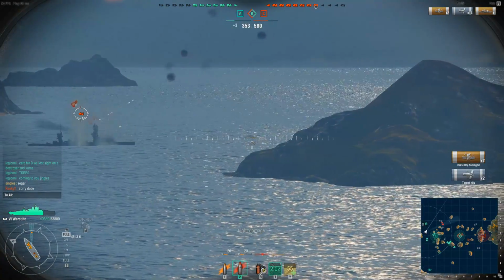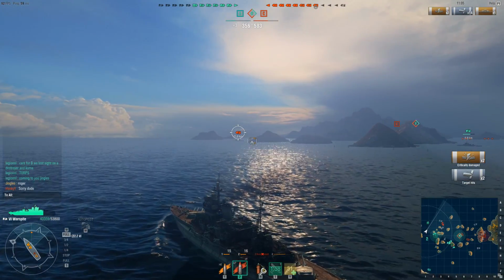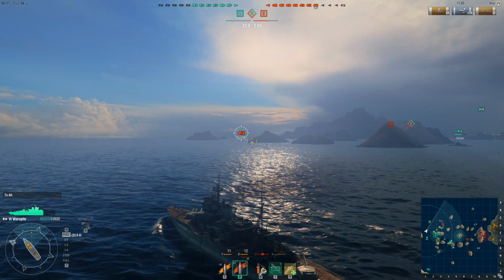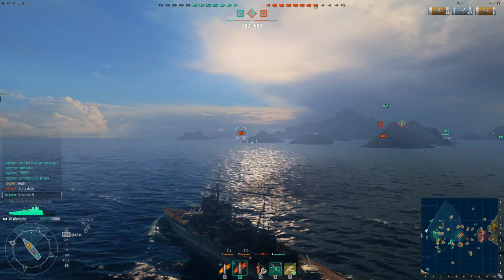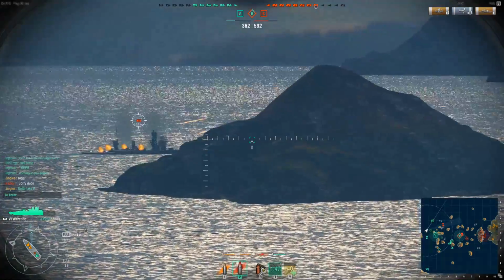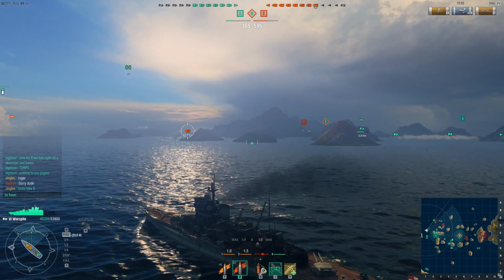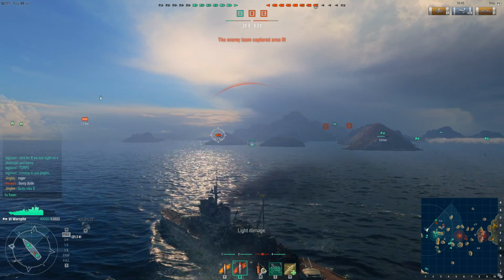Well, I've just knocked out another 2 of his gun turrets. His firepower is gone. That's another strength of the Warspite. Its turrets are more heavily armoured than the turrets on the Fuso. And if he was to suddenly decide to turn tail and steam away from me to try to regain the range advantage, to try to put his ship at a range where he could shoot at me and I couldn't shoot at him, well, it's too late, because he's already gotten himself within my gun range,